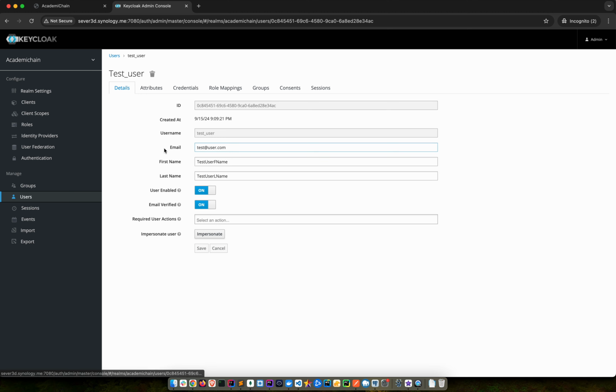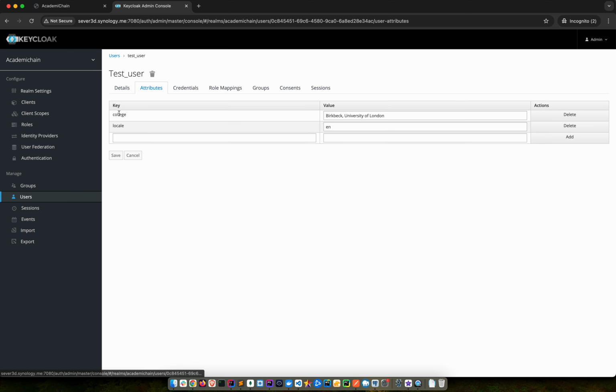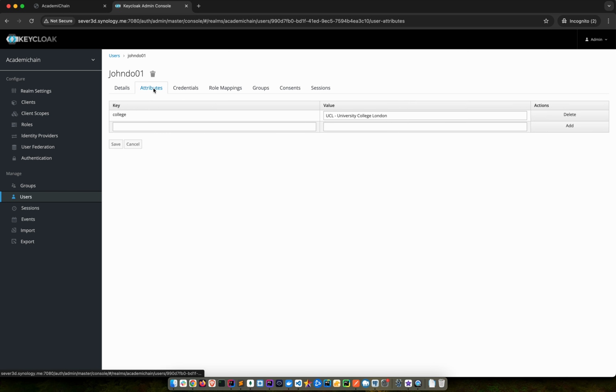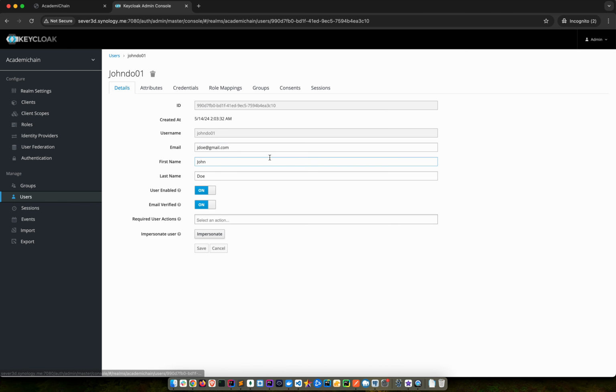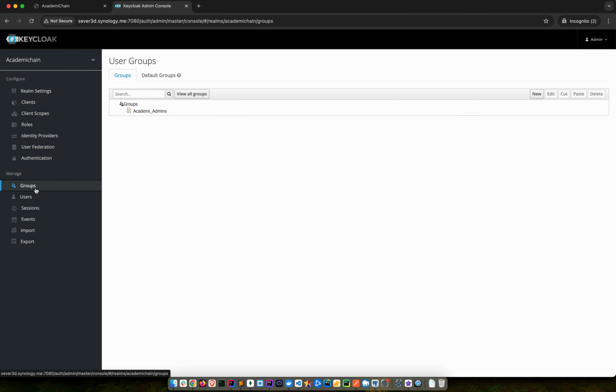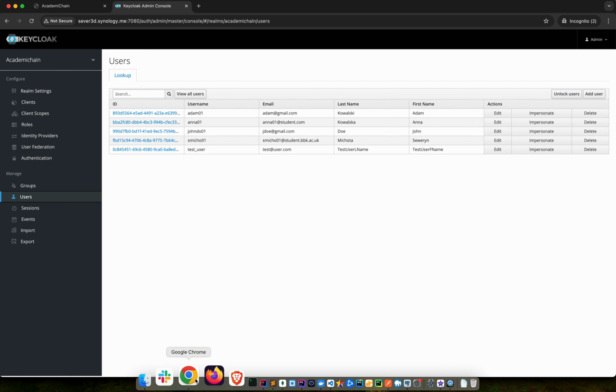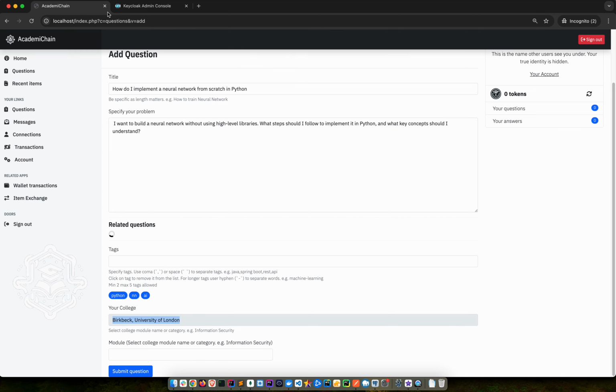If I go to the test user, for example, and look at his attributes, I can see the college of that user is Birkbeck. If I go to John Doe, let's see if he is from UCL. I've added different colleges to demonstrate that it's possible to add users from different colleges. So the user is created first in Keycloak,